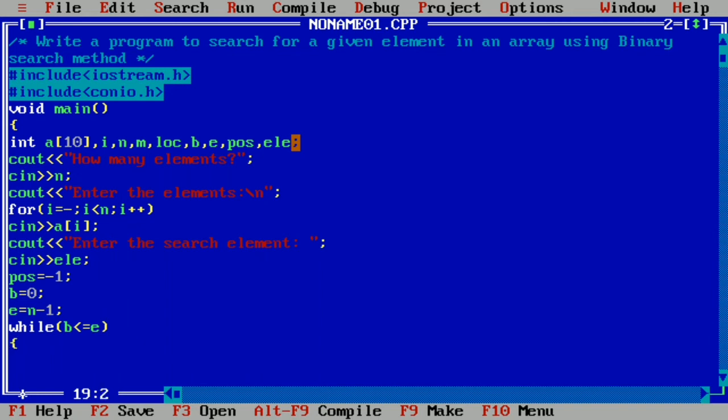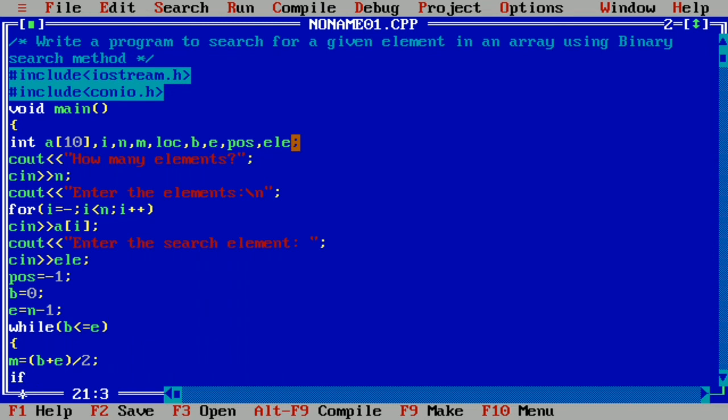Now using binary search, it is going to divide the given sequence of numbers from the midpoint. So let us take midpoint m = (beginning + ending) / 2, so that whole divided by 2.